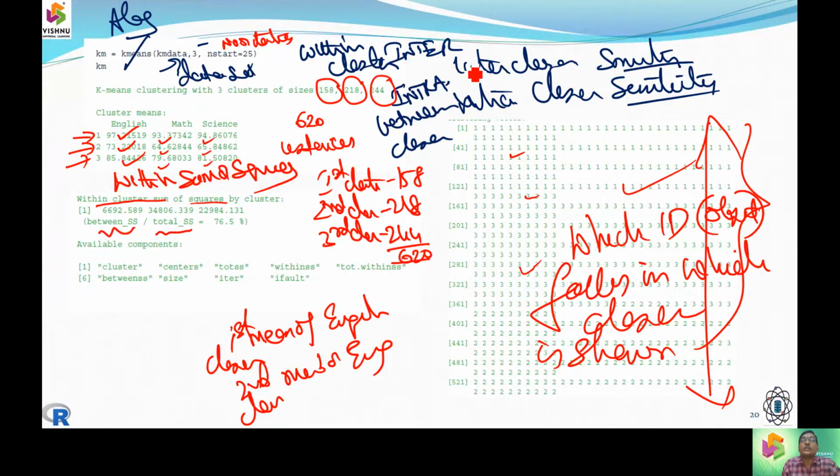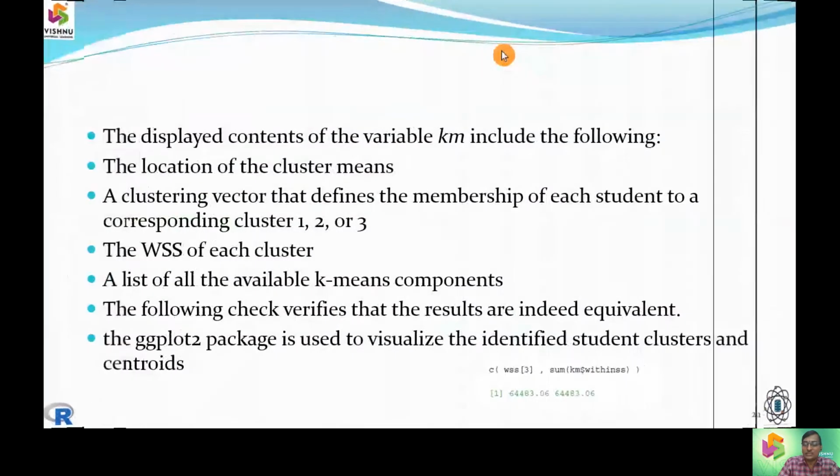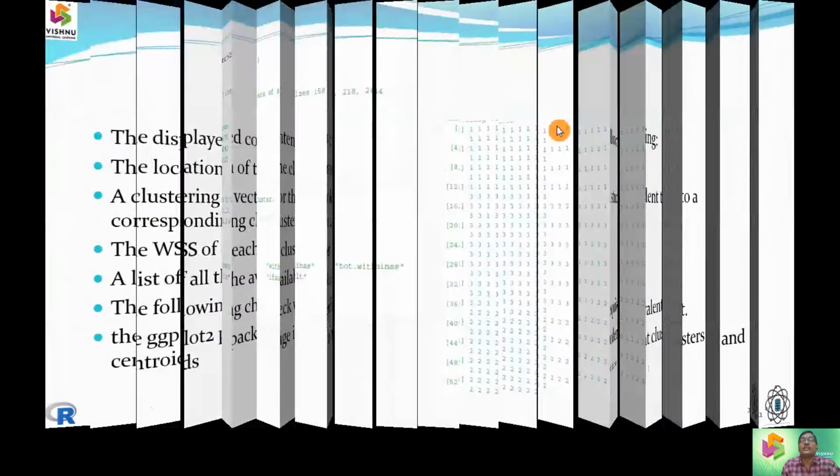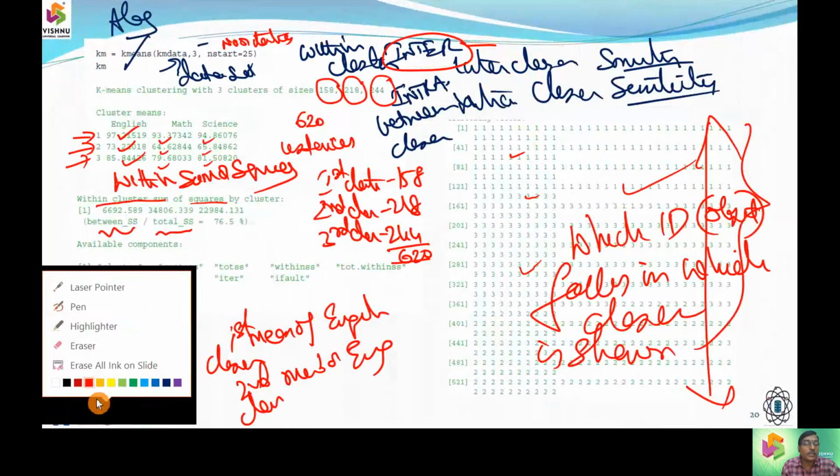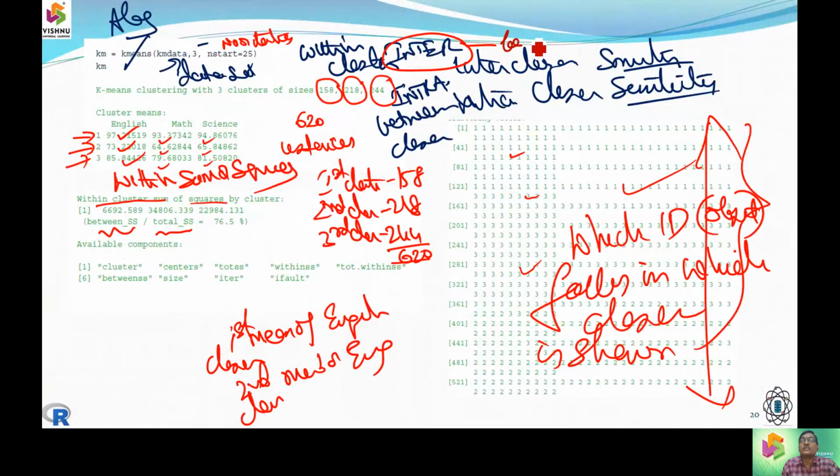So I was telling about the inter. It is going to calculate the between clusters. Inter, it is going to calculate the between cluster similarities here. So this is between cluster similarities. Now we are going to have this point, that is 66 overall.